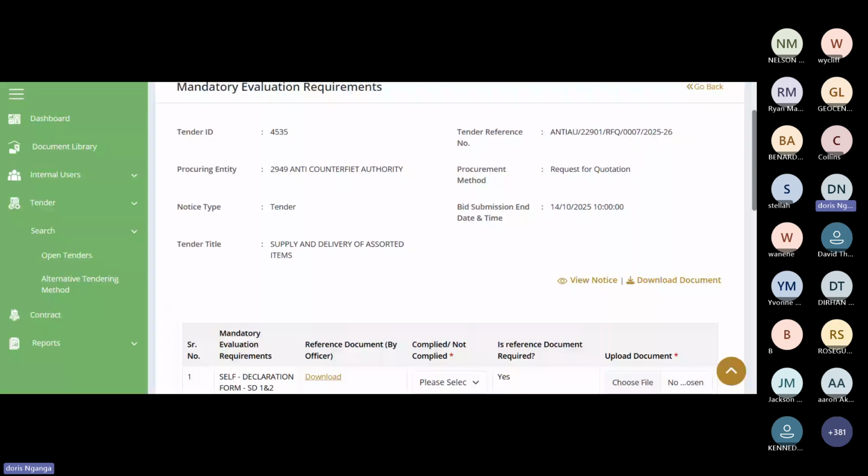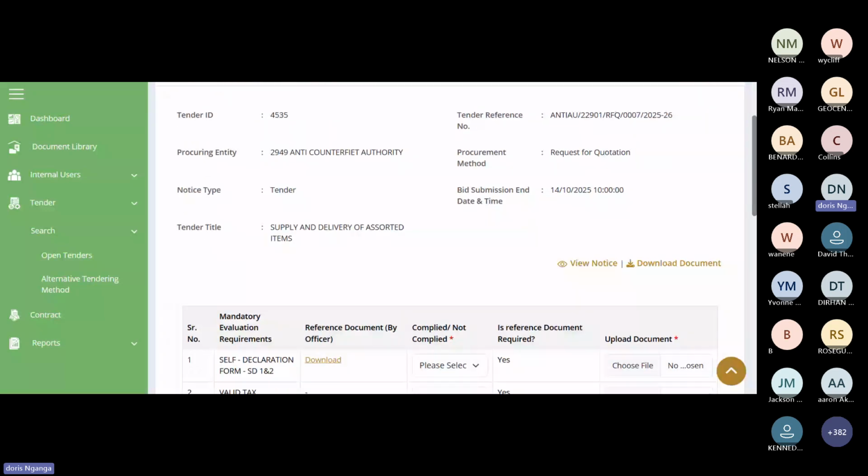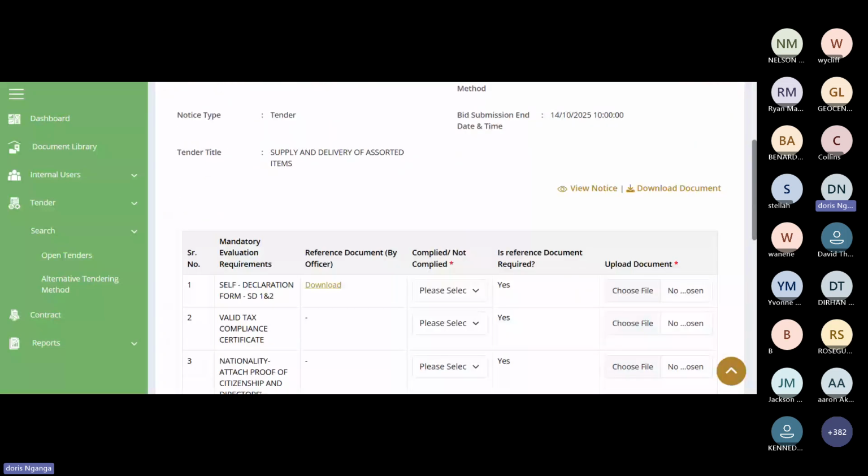So the first thing you'll be required to do on the self-declaration form, you have a number of columns. You have the serial number, mandatory evaluation requirement, reference document by officer, complied or not complied, is reference document required, and then the last column is upload a document. On the first part, it's a self-declaration form, SD1, SD2.